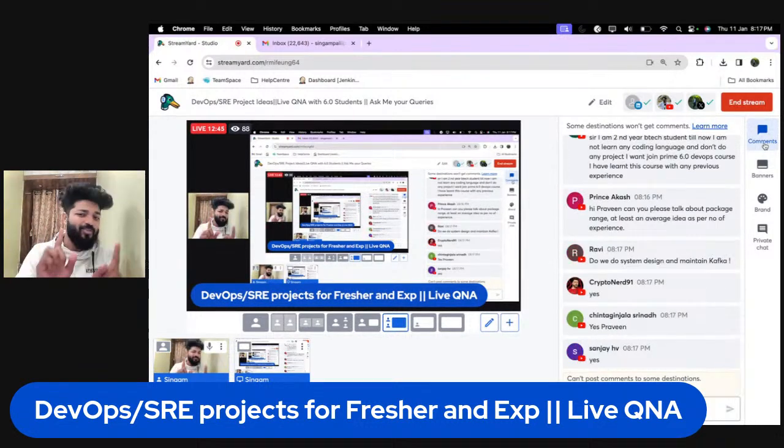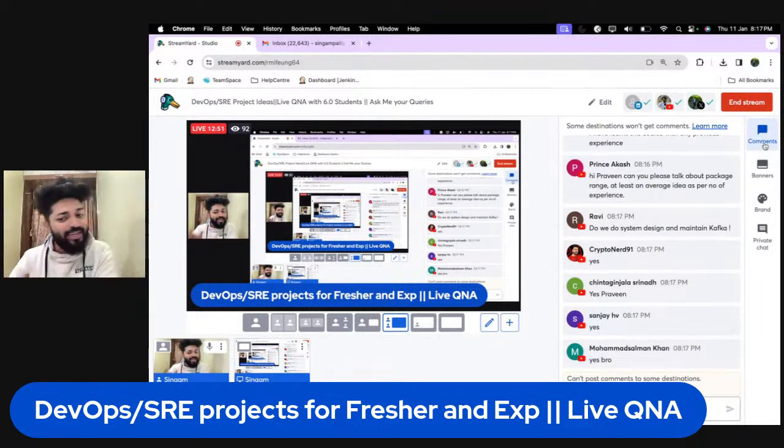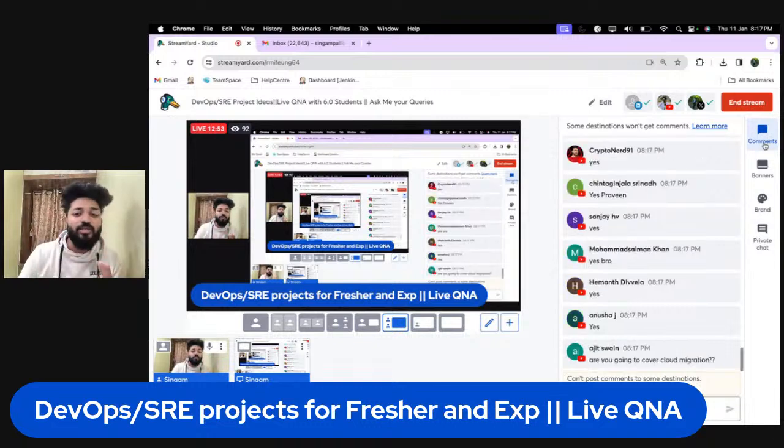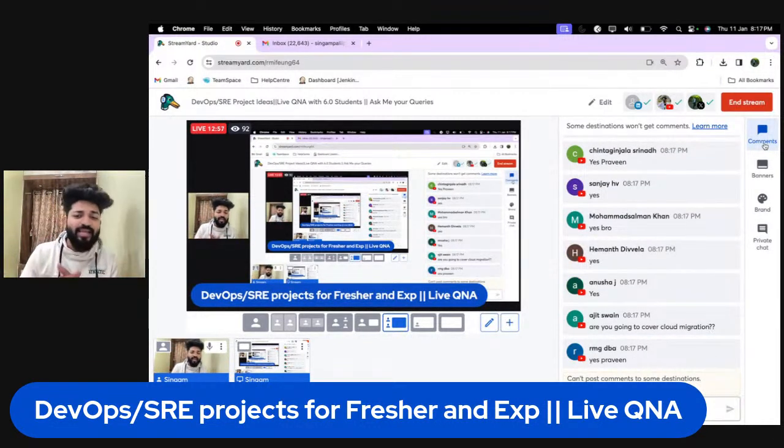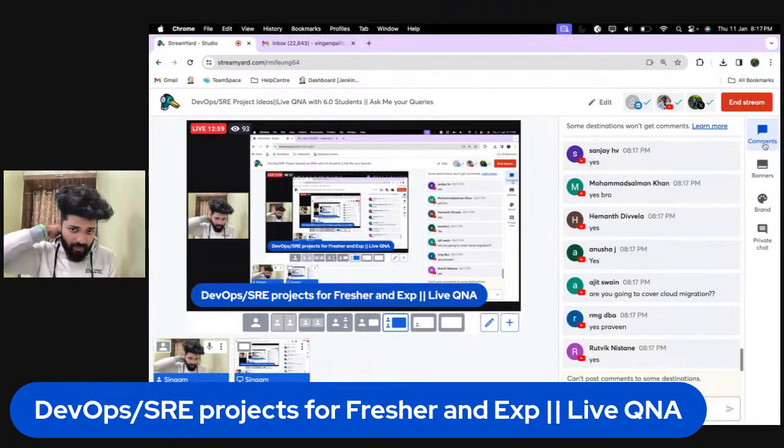I think yes, I am falling in the 0 to 1 years bracket. I am falling in the 3 to 5 years bracket. I am falling in the 5 to 10 years bracket. Yes, I think Terraform is important, automations are important, and a little bit of on-premise to cloud migration is also important. So how many freshers do you think?